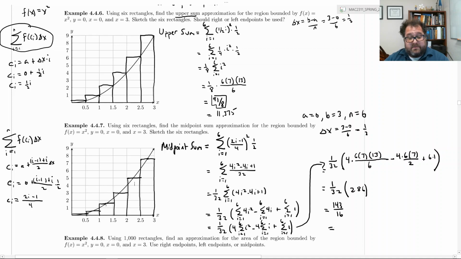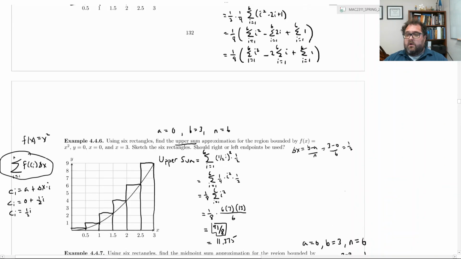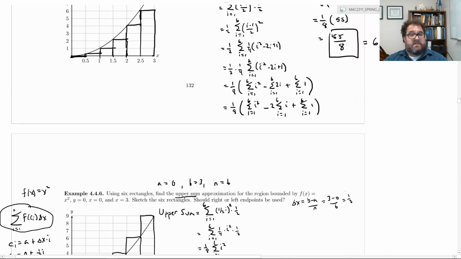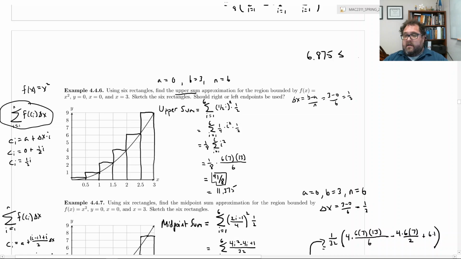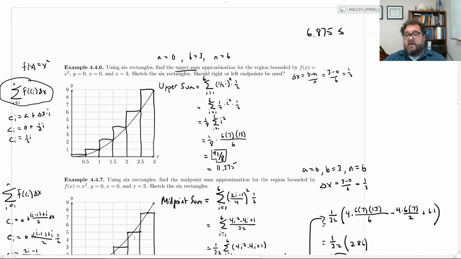But that is equal to 8.9375. That's not an approximation. Those are equal. Okay? I like the fraction better, but they are exactly equal. So look what we found. We found, from the previous video, that the lower sum was 6.875. So let's jot that down. 6.875, and the upper sum was 11.375. So we know that the true area is somewhere in between, and it turns out that actually the midpoint